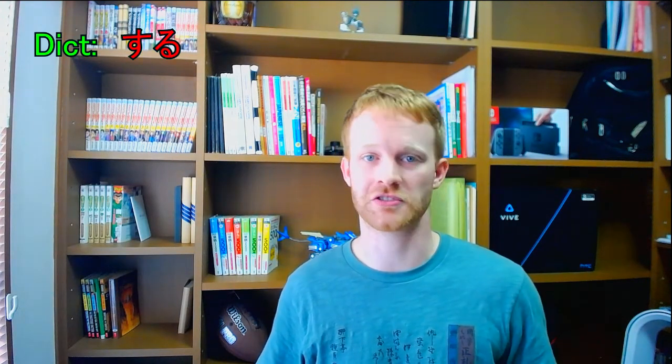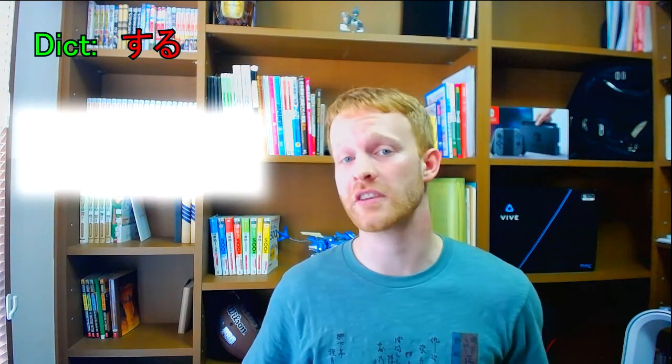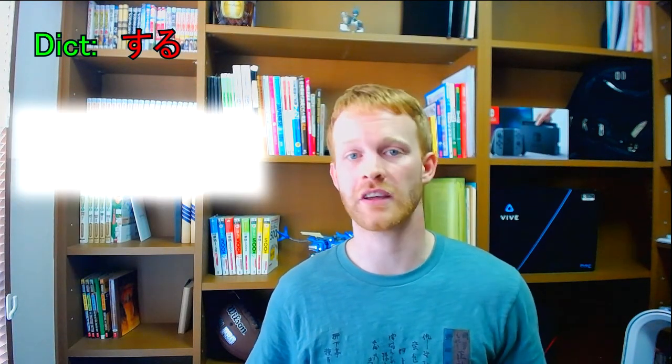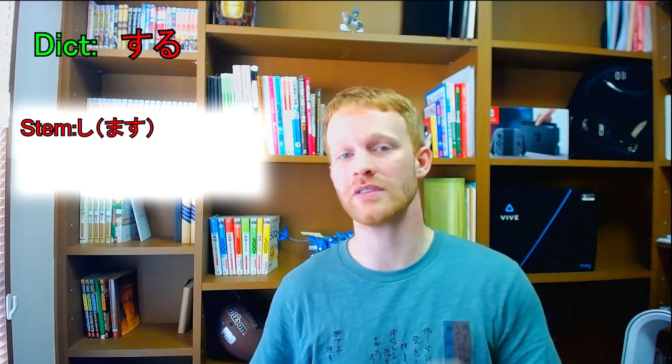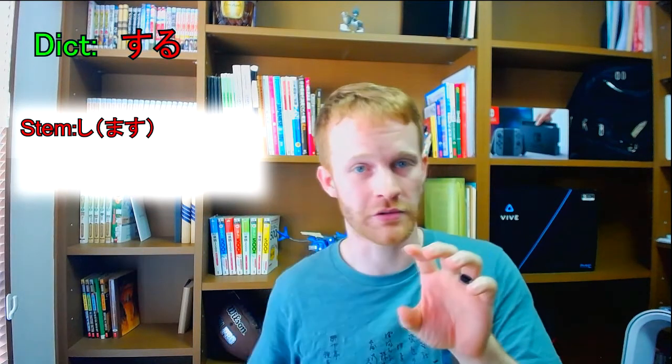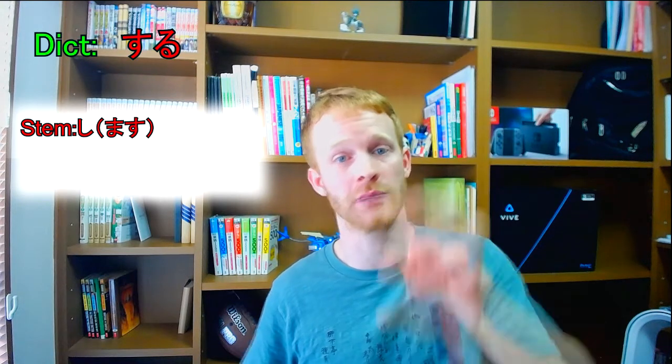The final group only consists of 2 verbs. This is known as group 3 or irregular verbs. What I mean by irregular is that each of these have their own special rules that only apply to them. The first one is suru. This is the basic verb just to mean to do. Going from the dictionary form, suru, the polite form would be shimasu. Now, I was never taught this way, but I found it easy to understand. This one seems to follow both group 1 and group 2 rules. The ru is dropped and the remaining su becomes shi.